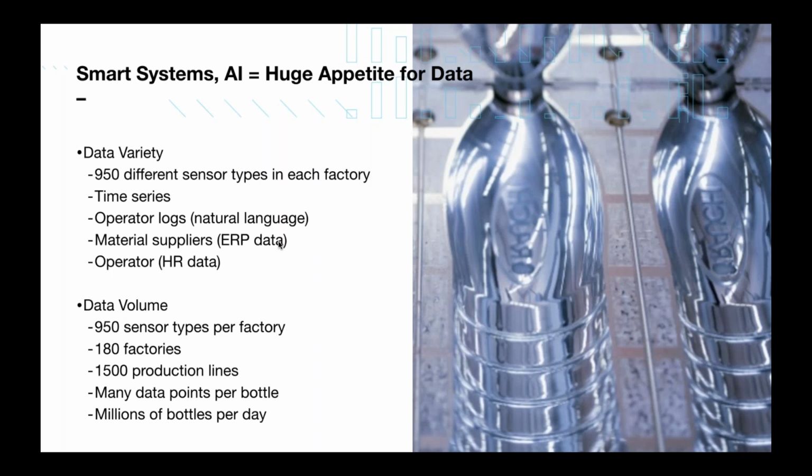So systems like these operational brains, as we're calling them, often use artificial intelligence or machine learning. They have a huge appetite for data, right? So in ALPLA's case, we're talking about 950, I think, different sensor types in each factory. Okay, the kind of analytics we're running here is mainly time series, for all these different sensor types, and again across all factories, but also natural language processing. They're looking at resolutions and such. The system they built does basically text search to find issues and ways to resolve issues in their online manuals,